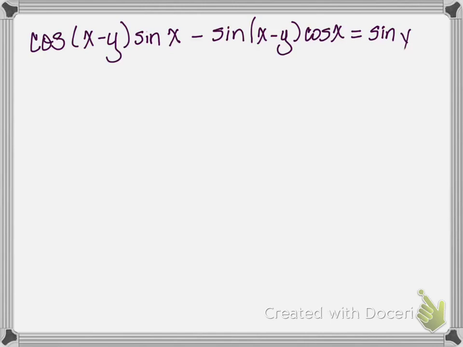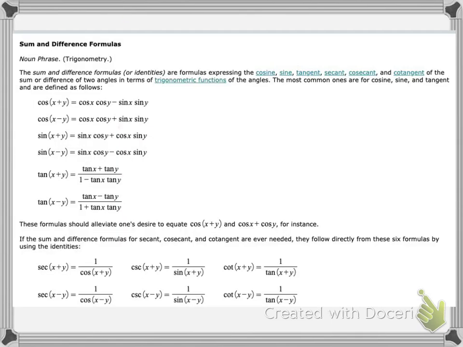So the very first step, what I'm going to do is I am going to take the cosine of x minus y and the sine of x minus y, and I am going to substitute in the cosine of x plus y, this property here and what it equals, and